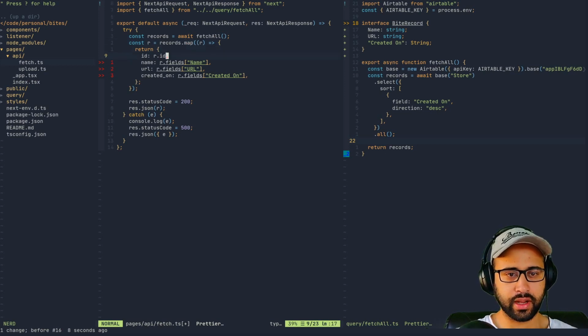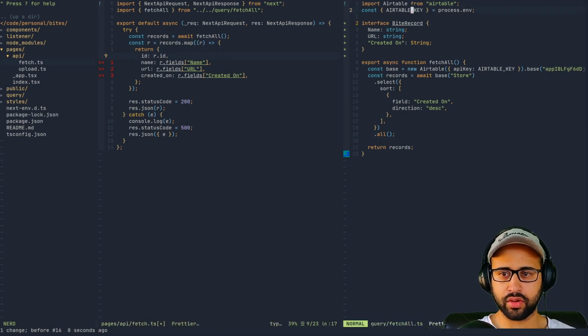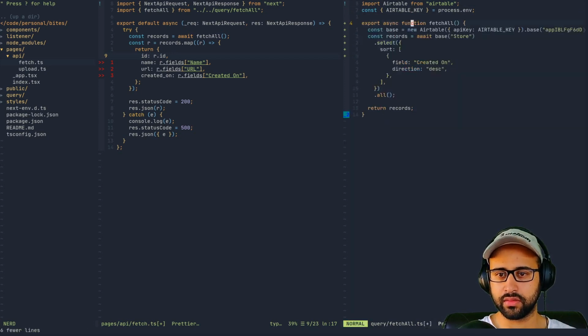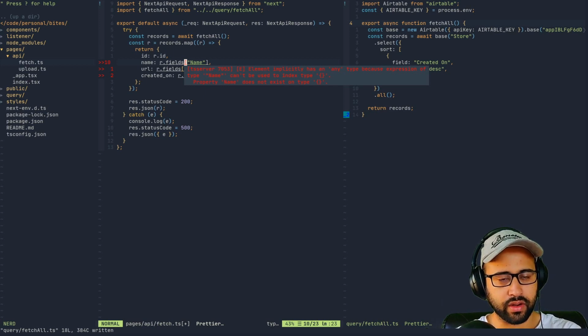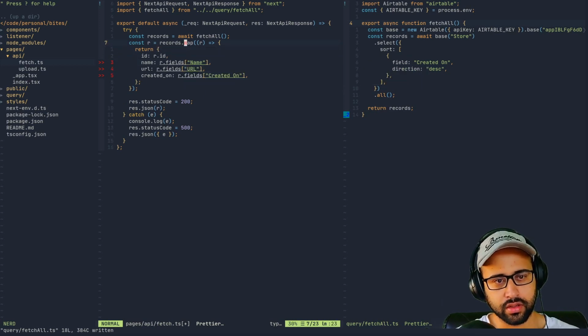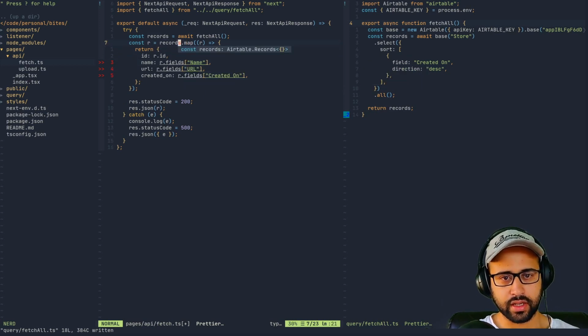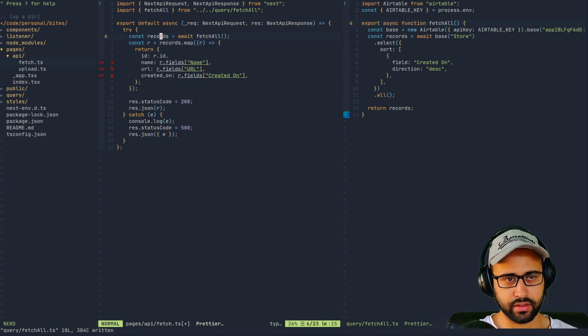I'm not sure if the typings on this are correct basically. So we have imported the types from definitely typed and they might be wrong altogether. So let's figure out a way to override the types. So the record that we are getting is Airtable record. What if I say, and we are using fields here.